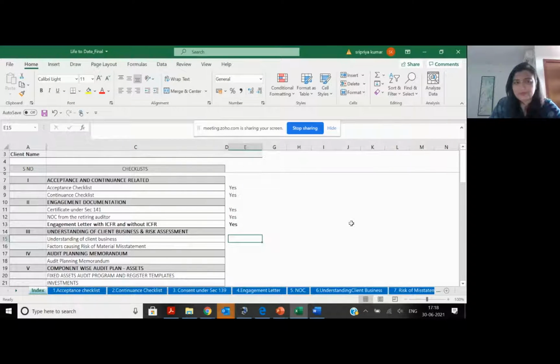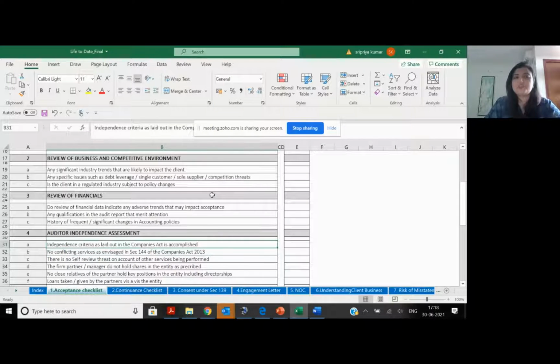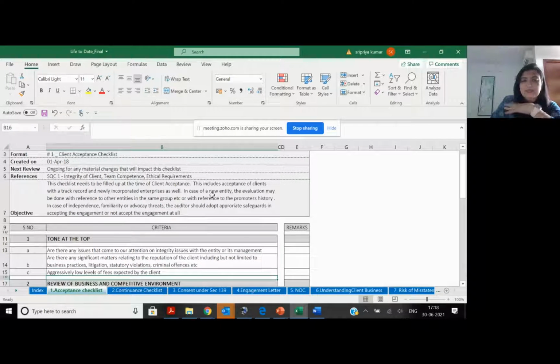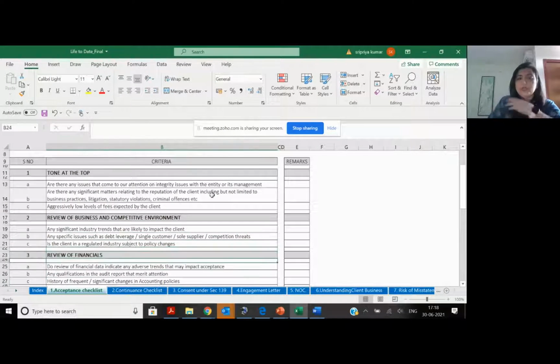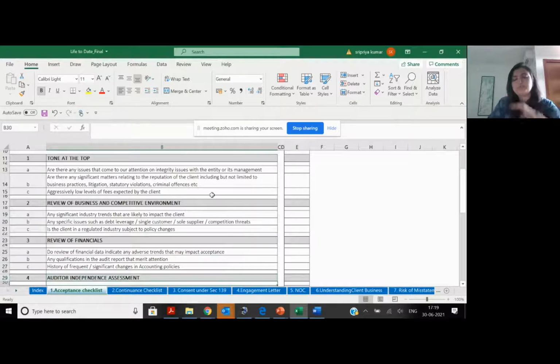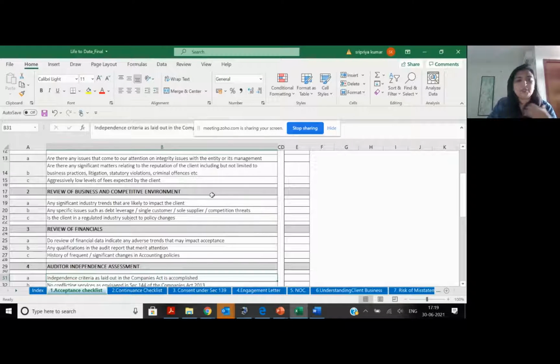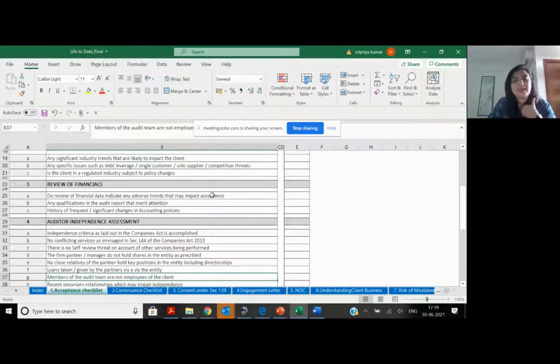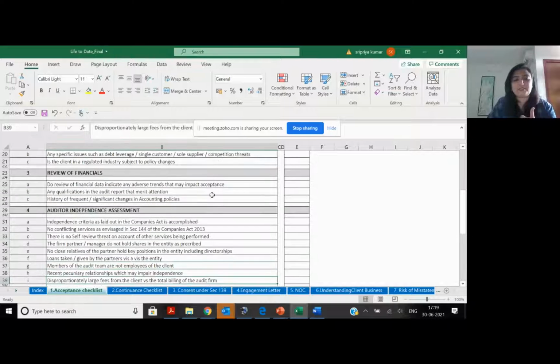Once you take over an engagement, you will come to a checklist. So each of these are given a checklist, which is self-explanatory. This is under SQC1. It's an acceptance checklist. What do I do in my acceptance checklist? I basically say, okay, can I accept this client? Am I able to assess him? Do I have the competence? Somebody comes to me, he's into derivatives trading. As a firm, do I know enough to take this over? Should I get somebody new? Have I looked at the last year's financials? Am I independent? Can I accept this engagement?